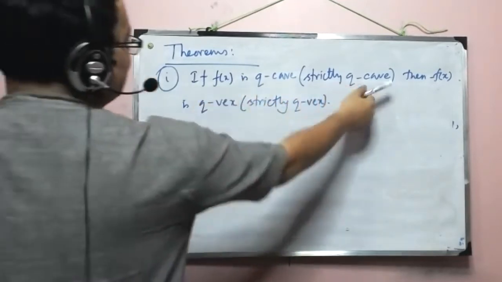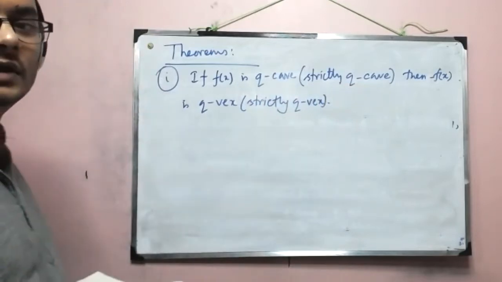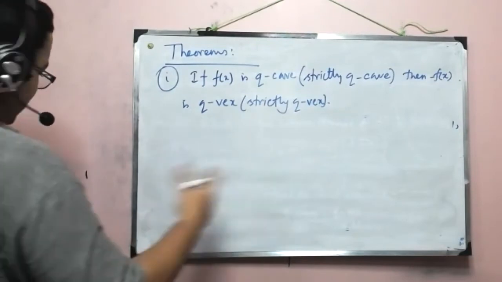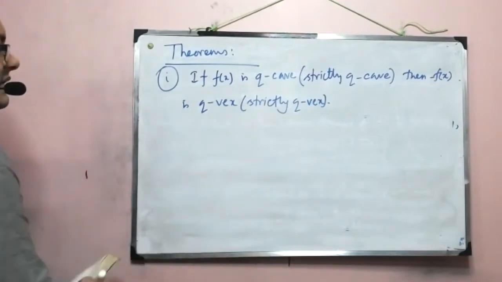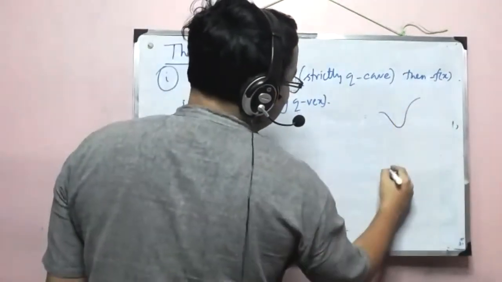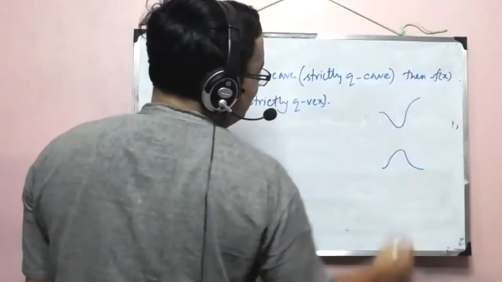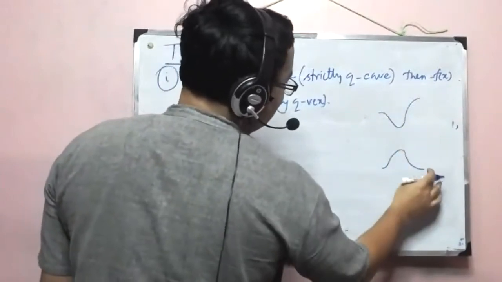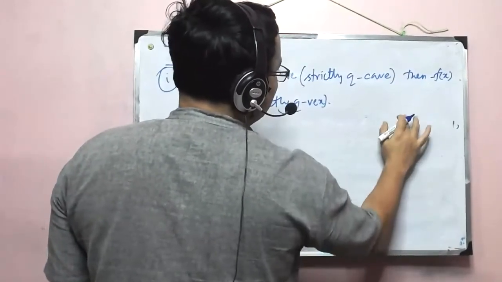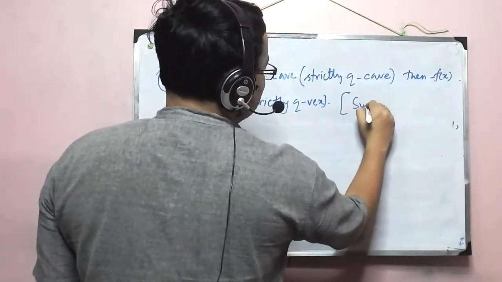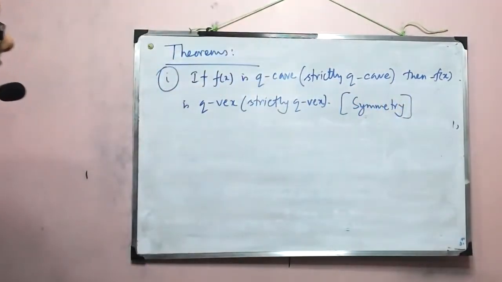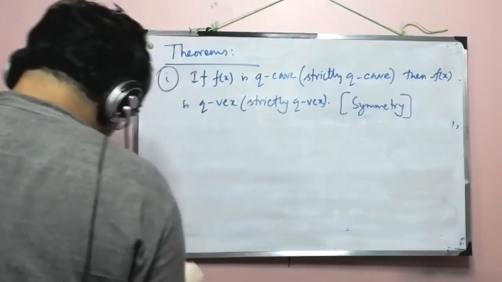Now this basically shows us the symmetry that we were talking about, right? Because if you multiply by a minus, suddenly the f curve, which was like this, becomes like this, so your m changes to n and so on. So this theorem is pretty trivial. It relies essentially on the symmetry that we were talking about when we were drawing those three diagrams.